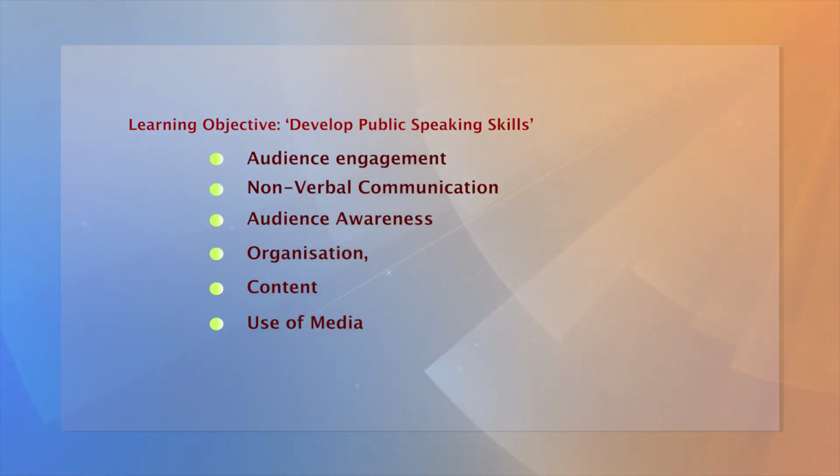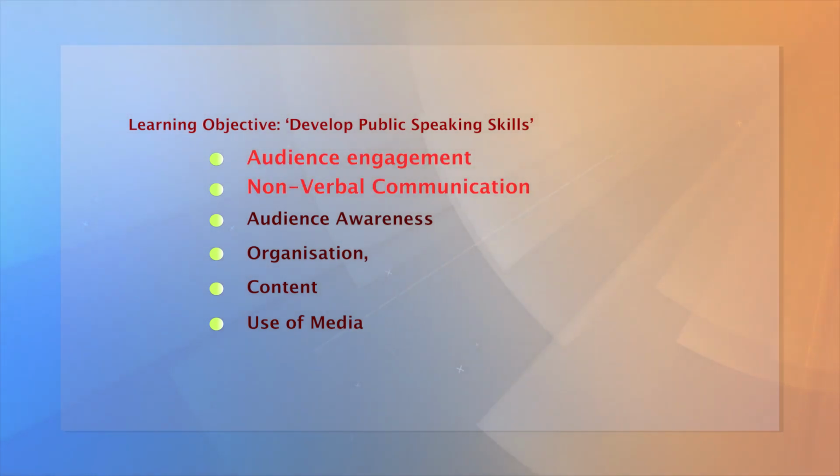The detail of the arrangement of performance descriptions into various groups is provided in the tabular form as text for your reference. If you see that carefully, you will find that the performance expectations for the objective develop public speaking skills are spread through the 4 criteria or dimensions, that is the audience engagement, non-verbal communication, audience awareness and use